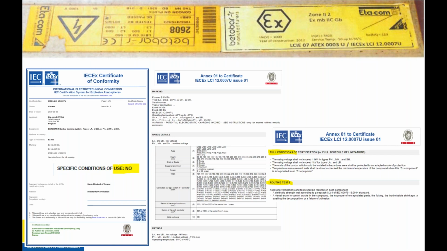Those are conditions of use. But sometimes English has translated the meaning differently between different certification bodies. Routine tests, a dielectric strength test shall be done, a visual exam shall be done. So do you do what the standard tells you, or do you do what the certificate tells you? You do what the certificate tells you, which should be